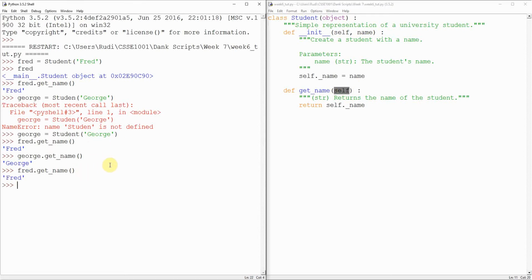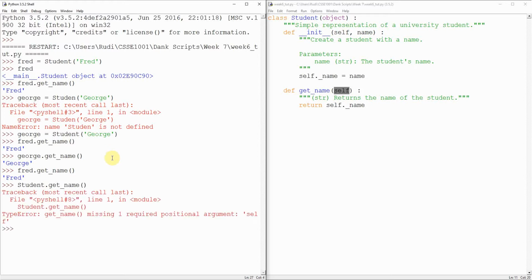Another way you can think about this potentially is all this sort of stuff belongs to the student class, right? But if you try and call something like student.getName, it's going to give you an error, right? Missing positional argument self. It's saying, cool, you're going student.getName. This is a blueprint, so I know that the student has a name, but which student are you talking about, right? And so we generally want to use this notation, but the other thing we can do is